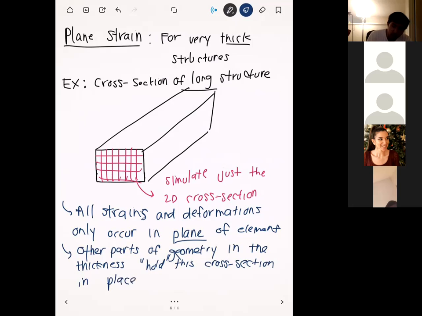And so you can imagine that they're basically kind of holding this plane in place. Right? All right, question. Is there a specific thickness criteria that classifies an object as thin or thick enough to use a 2D simplification? Yeah, it's a great question, and